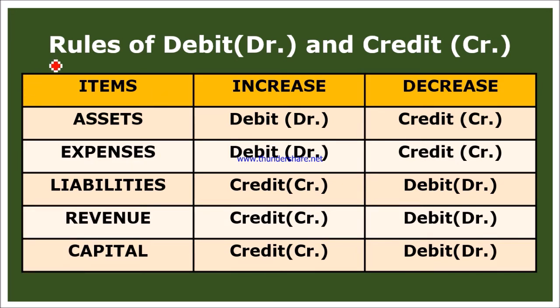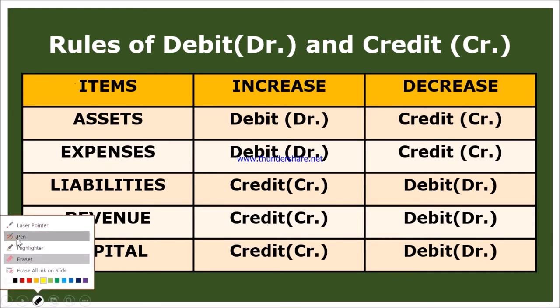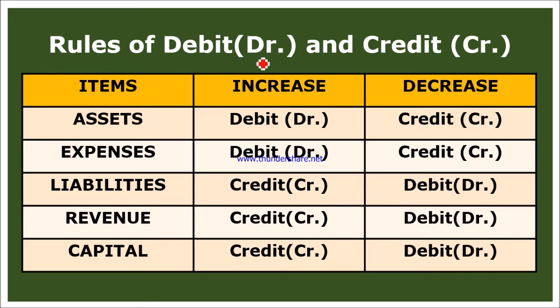We just make an account. I'm just drawing it. Okay, students, here we have the rules of debit and credit. Now you may ask what is the meaning of debit and credit? They don't have any exact meaning as such. You just have to keep in mind that we make an account. What is an account? We will read it later in detail.